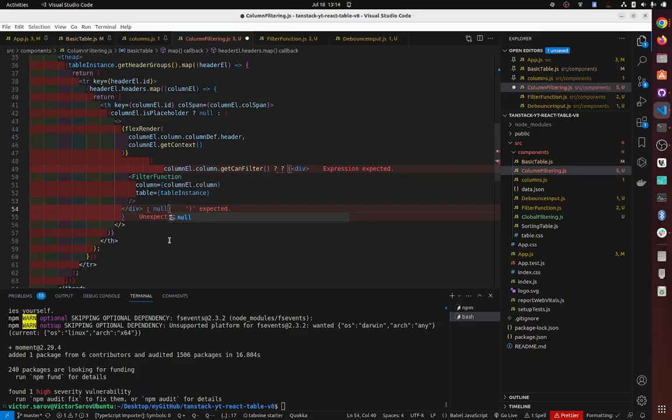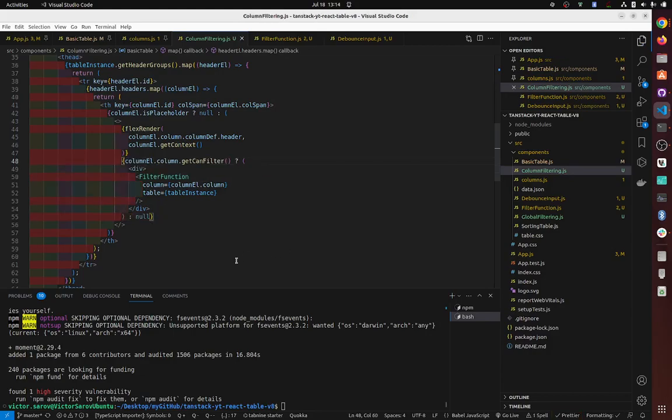Yeah, so this thing is gonna get a bit messy. So div should have like this, I think it should be. Yeah. So if it can filter, we want to return the div. If it cannot, we want to return null. So that's the first thing you do. The second thing you do,